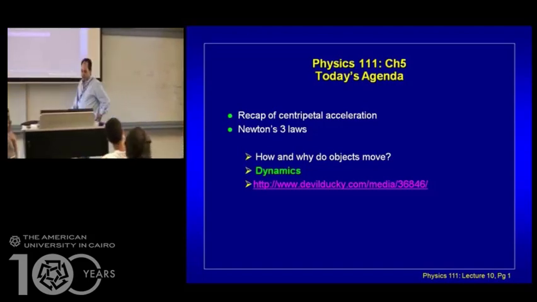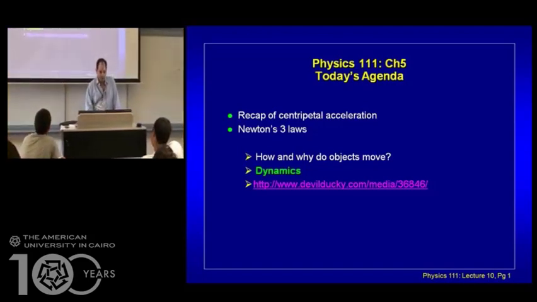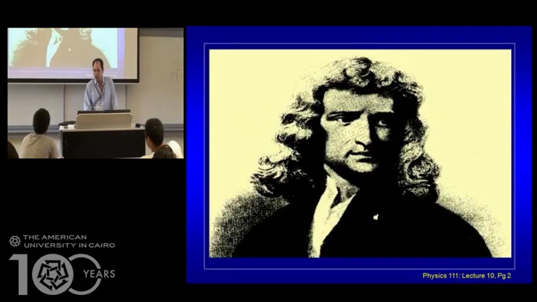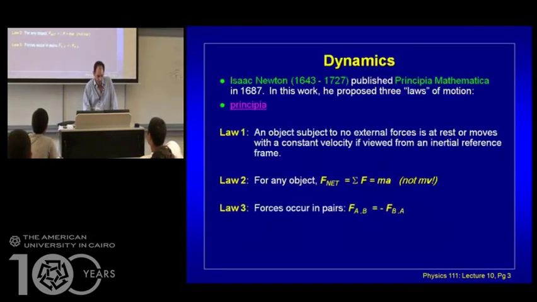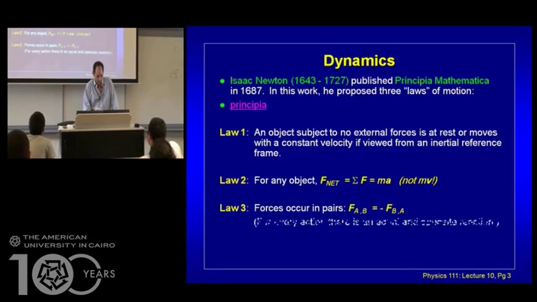Okay, now guys, this was just an introduction to chapter 5. This is Sir Isaac Newton, and there is a little bit of history about Newton. He was born in 1643, and he's a brilliant guy. He published his famous book Principia Mathematica, but he died in 1727. He gave us the 3 Newton's laws that we still apply till now. And those are the 3 laws that we talked about.